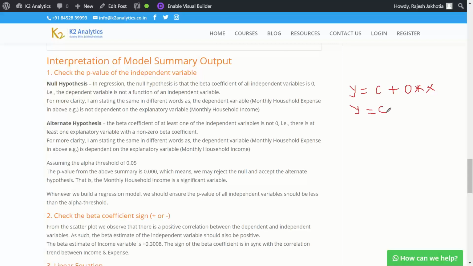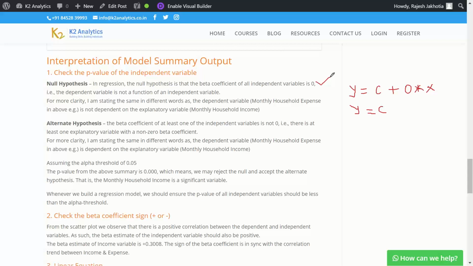The other way, or the right way, of stating the null hypothesis in linear regression is that the beta coefficient of all independent variables is 0. That is null. The alternate hypothesis in linear regression is that there is a relationship between the dependent variable y and the independent variable x.